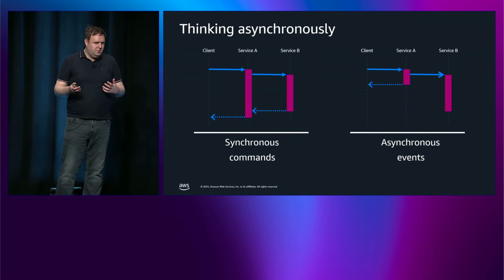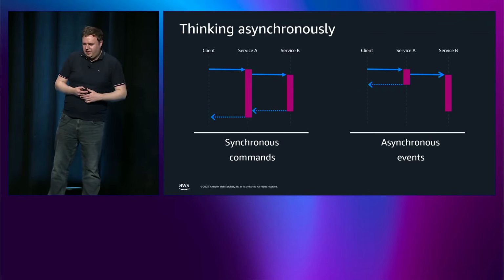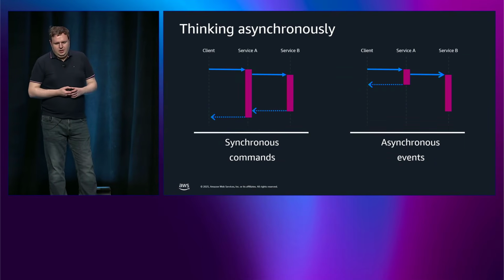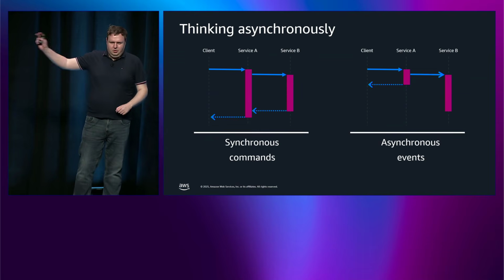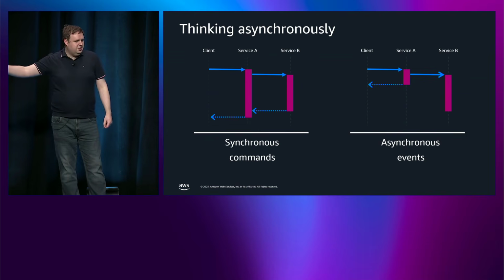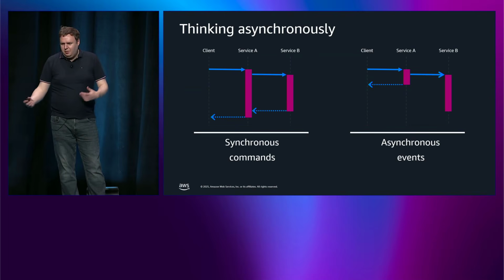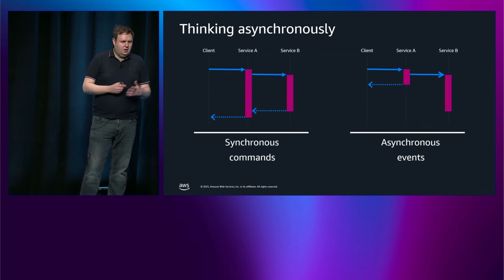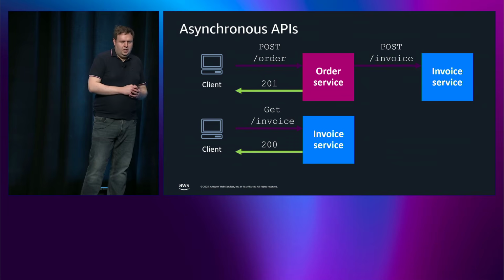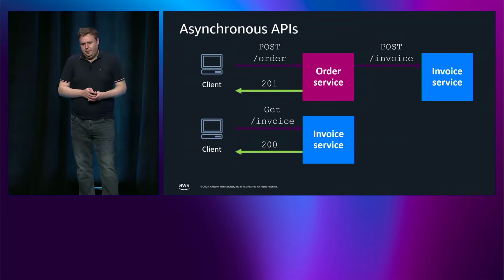If there's any issue with service B, you won't necessarily get a reply to the client, it'll get held. If we go asynchronous, the client only goes to service A, it'll give a reply, and it'll separately go to service B. So say there's an issue between service A and service B, maybe a network issue, could be that service B's got some form of issue or latency, the client still gets a good answer.